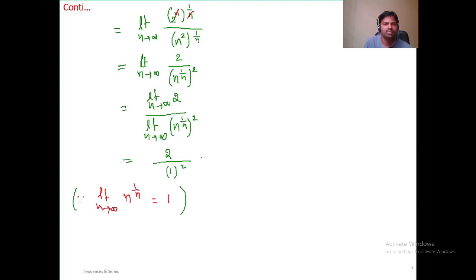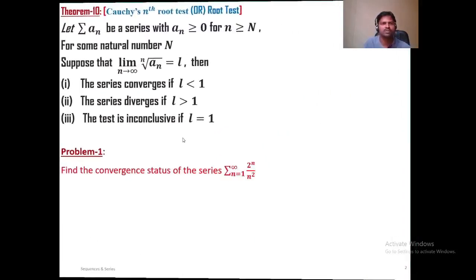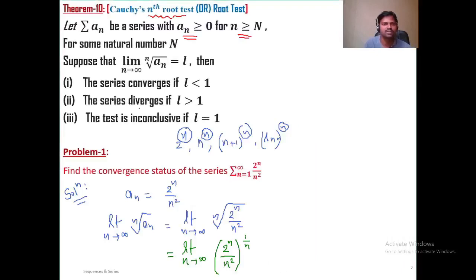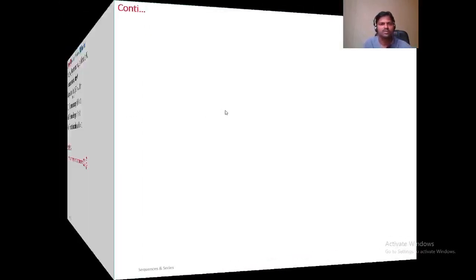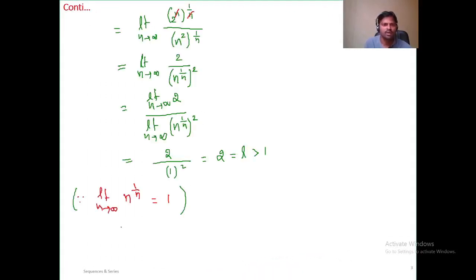So the limit value is 1 power 2. Finally, how much did you get? 2, which is L. But this is more than 1, right? According to the theorem statement, if L is more than 1, the series diverges. So therefore, the conclusion is, by Cauchy's nth root test, or simply the nth root test,